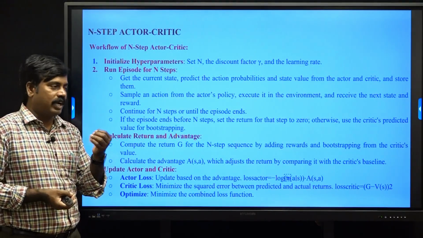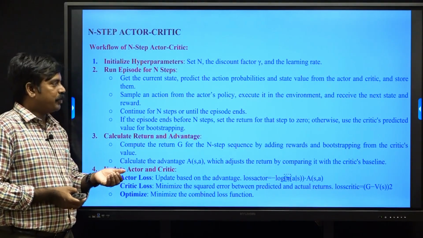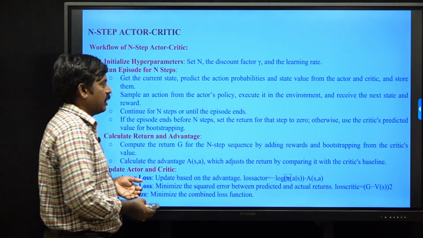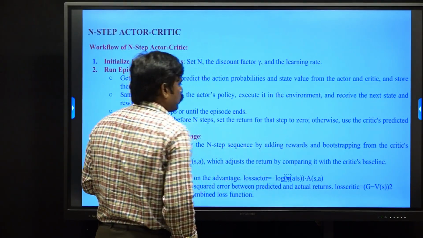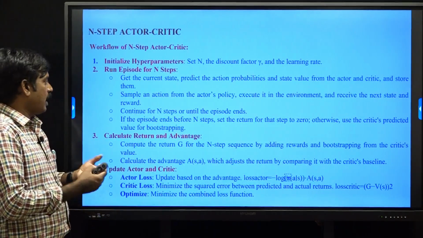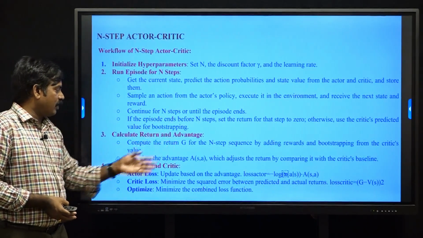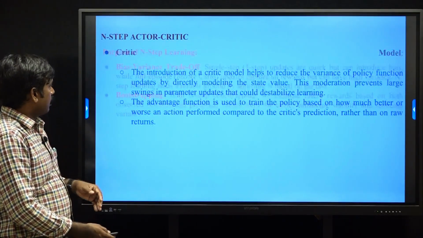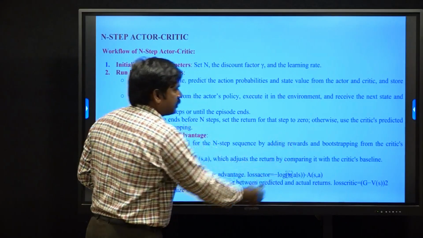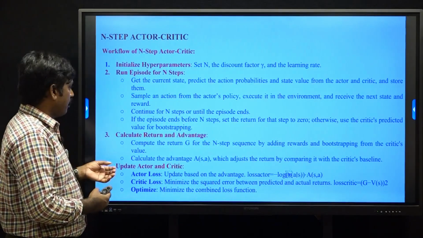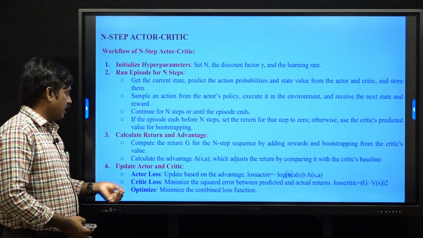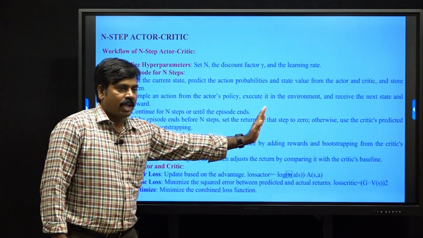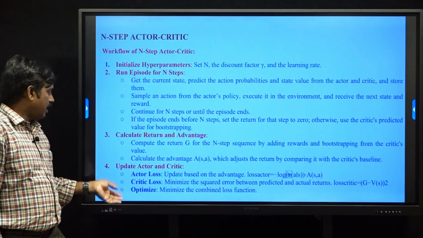If the episode steps are less than n, meaning the episode is completed before n steps, then in that case we set the return for that step to 0. And we calculate the return and the advantage: compute the return G for that n-step sequence by adding rewards and bootstrapping to predict the future values in the critic part, and calculate the advantage value, adjusting the return by comparing the predicted and actual rewards, and update the actor and critic